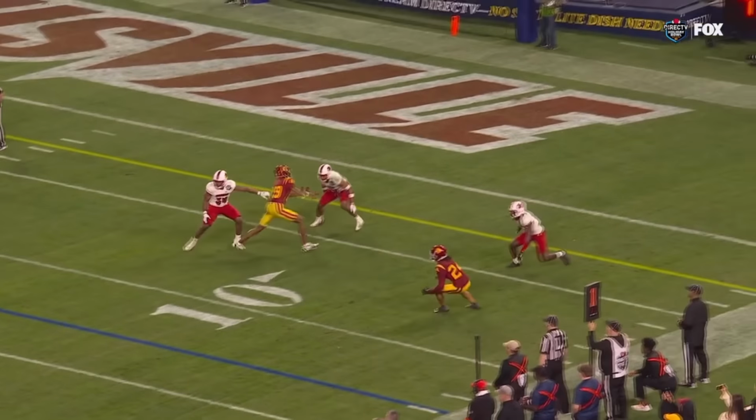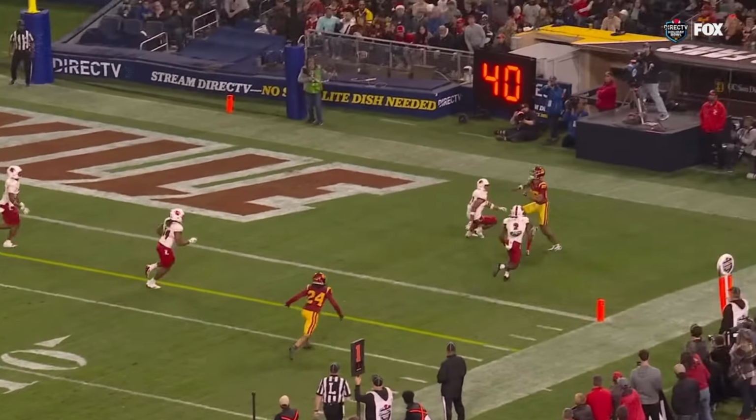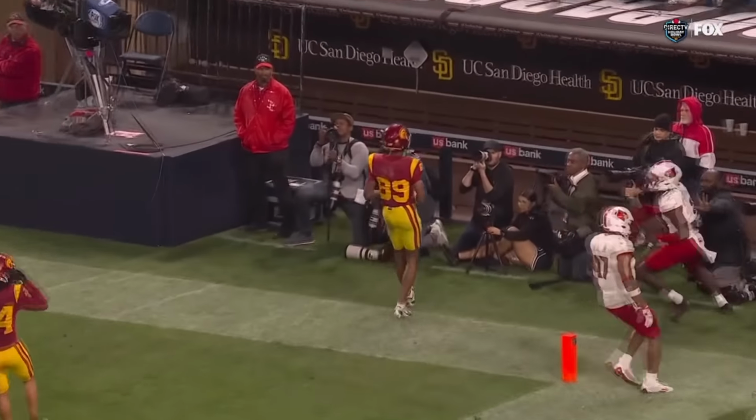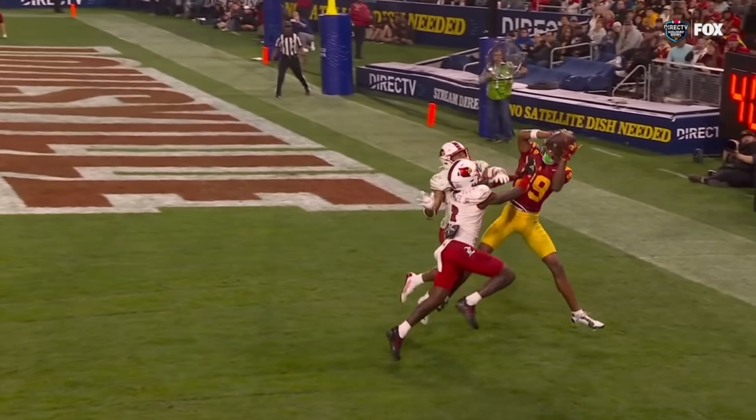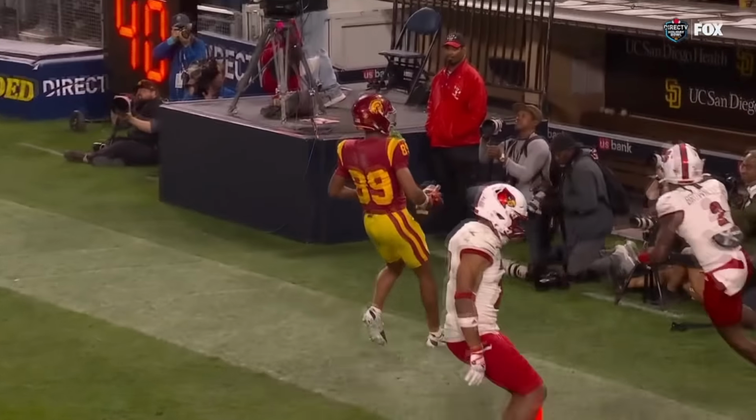This is just the mismatch throw. Jacoby Lane is 6'4", 180 pounds, but watch how good he is as he creates separation and then goes up and high points that football. That's a good throw from Moss. He understands that he's got...